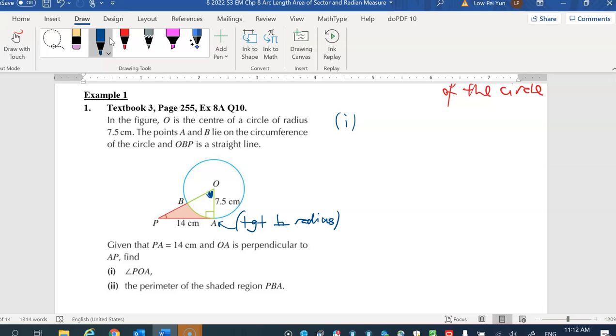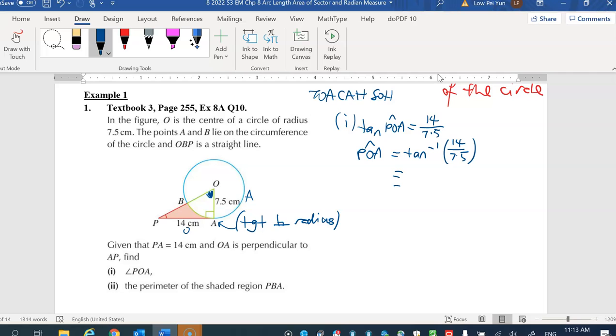Angle POA can be found using trigonometry because this is a right angled triangle. And then we have the opposite and the adjacent. We use tangent. So tangent angle POA is equals to opposite, which is 14, over adjacent, which is 7.5. So quickly grabbing your calculator, making sure it is in degree mode to find angle POA. Okay, let me try to write more nicely. We press tangent inverse 14 over 7.5, and that will give us,